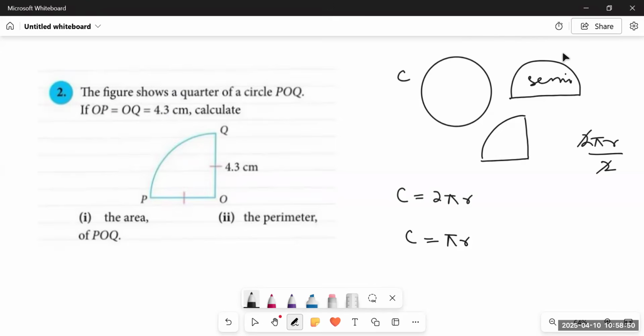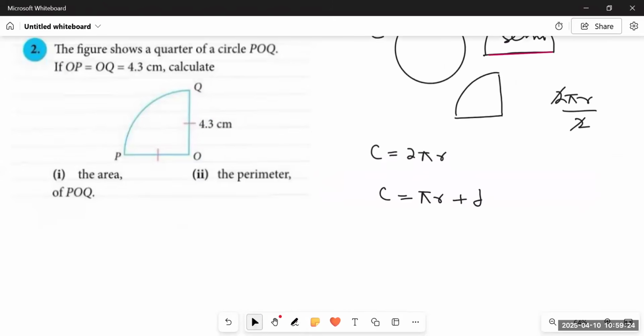But you have to keep in mind that along with this half circumference in a semicircle, we do have a straight side part of its outer side. And this is the diameter. Always remember, this is the diameter. So after finding the circumference of this semicircle, we have to add the diameter to find out its perimeter for a semicircle. And when we talk about this quarter circle, what happens over here? Further, we have to divide it by 2.